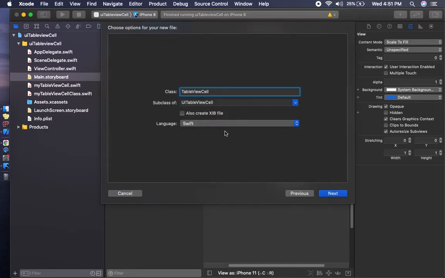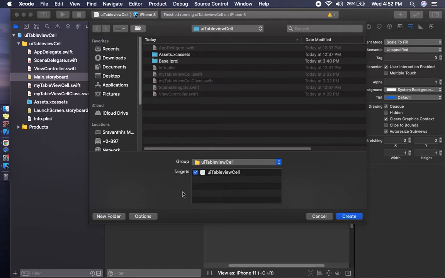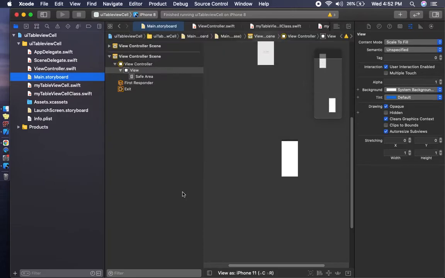Using the Cocoa Touch class, we have to give the subclass as UIViewController. The class name is SecondViewController.